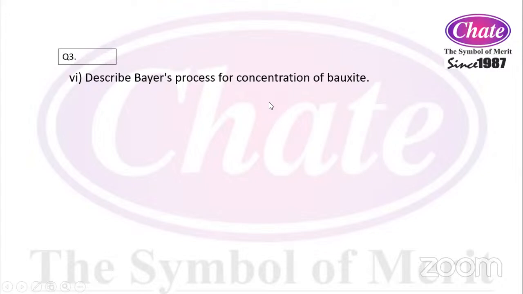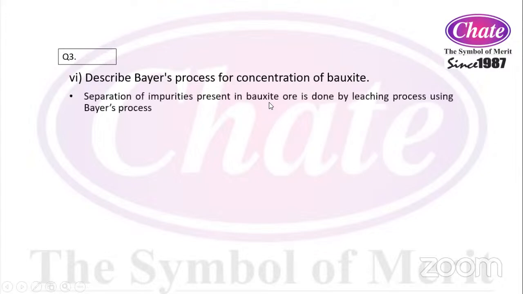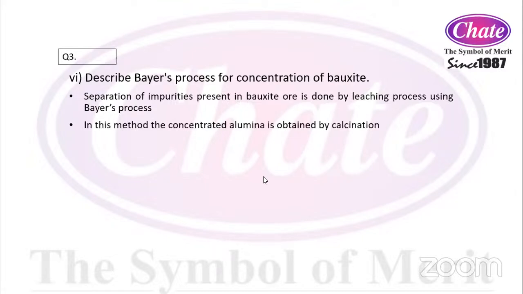तो bauxite ore, that means aluminium का ore है, उसका concentration का process, this is again very important। अब तक बोर्ड ने वैसे Bayer's process पे ज्यादा कुछ पूछा नहीं है, बट ये डेफिनेटली आने वाला होगा। ओके, तो बी प्रिपेयर, अभी इस साल ये पूछ सकते हैं क्वेश्चन, बिकॉज काफी टाइम से ये क्वेश्चन पेंडिंग है, ड्यू है, ऐसे बोल सकते हैं। ओके, separation of impurities present into the bauxite ore is done by the leaching process using Bayer's process। obviously Bayer process मतलब पूरा एल्यूमिना तक देखना है, बट उसका इलेक्ट्रोलिसिस हमें देखने की जरूरत नहीं है। इन दिस मेथड द कॉन्सेंट्रेटेड एल्यूमिना इज ऑब्टेन्ड बाय द कैल्सिनेशन, जहां पे कैल्सिनेशन होकर एल्यूमिना मिल जाएगा, हम रुकने वाले हैं।